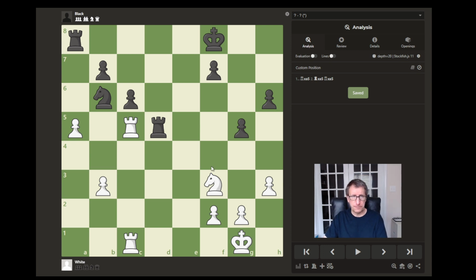In this position, White has just moved to attack this knight, but he failed to realize that the X-ray tactic is available here for Black. And so Black,